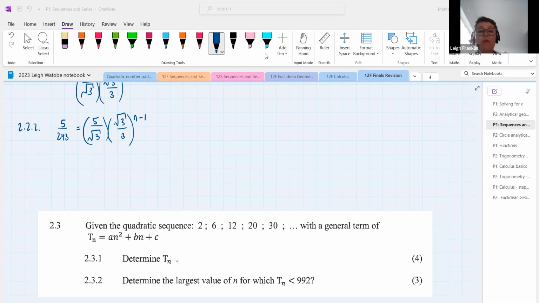Yes, Gugu, well done. I got the same answer as you. Okay, cool, Chadwin. Thank you so much for sending through your answer for 2.2.2. Awesome. Good stuff. Okay, so let's go and have a look at how we would do that, and then we can certainly carry on with question 2.3.1. Those of you that haven't had a chance to try it can try it, and then we can have a look at how we would do